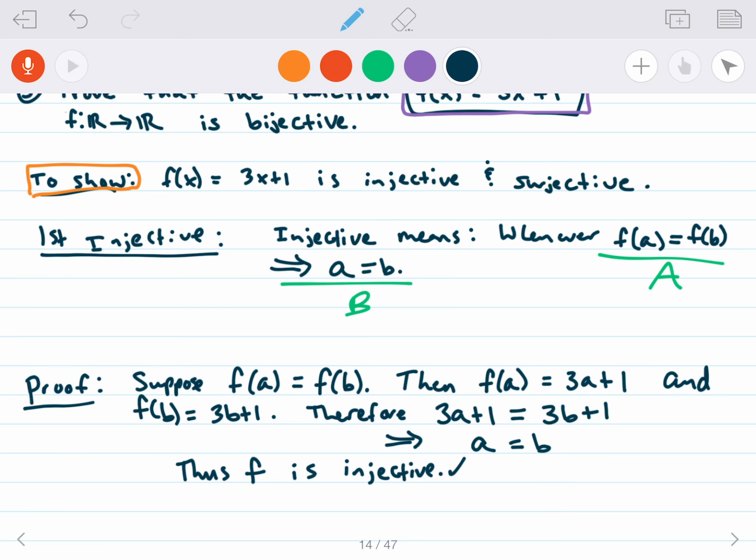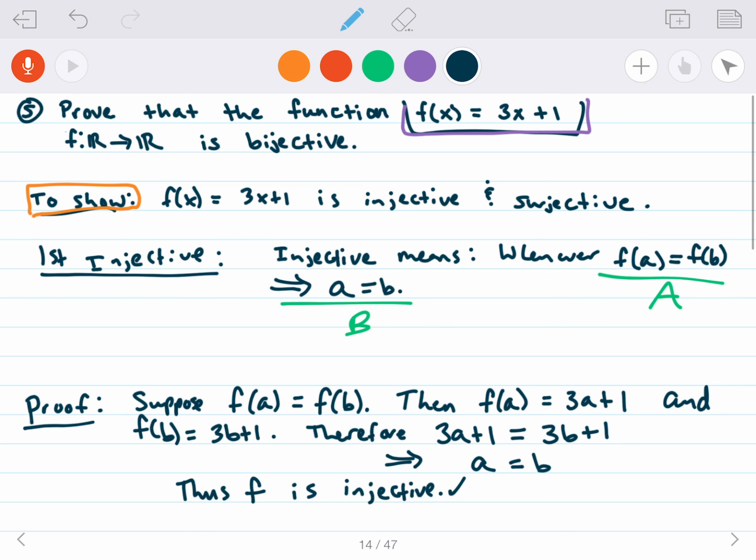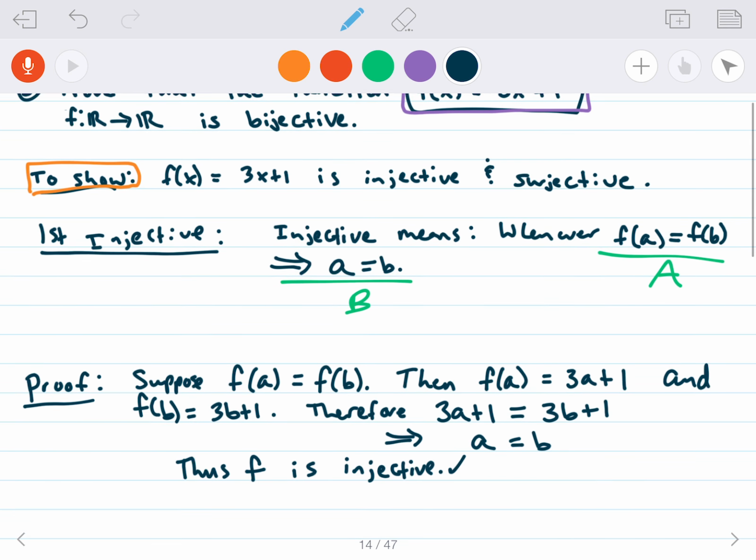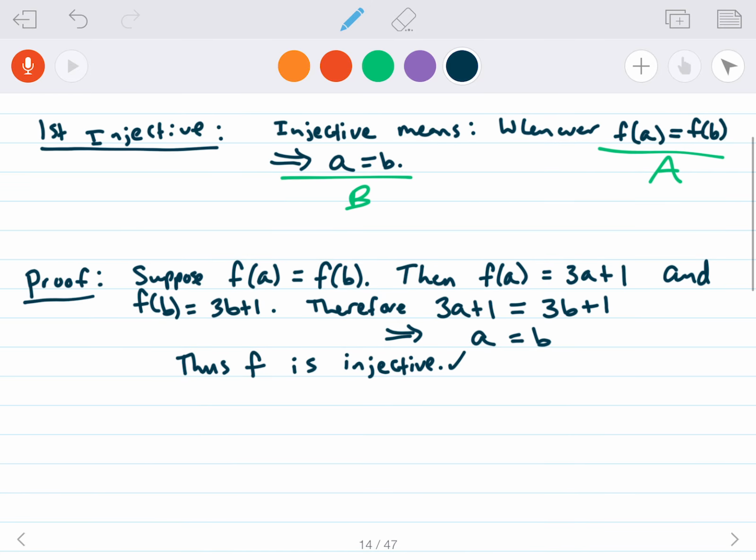Also, yeah, we're working in the real numbers. I'm not going to go into that. I'm going to stop myself before I go crazy. Okay, so the next thing that we're going to show is now to show